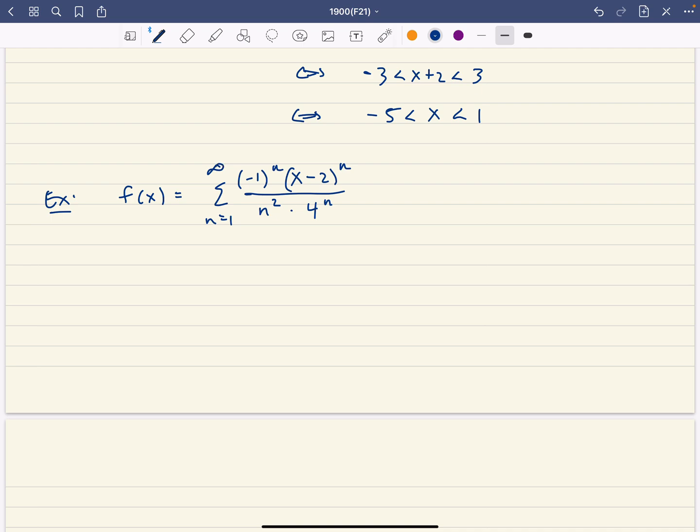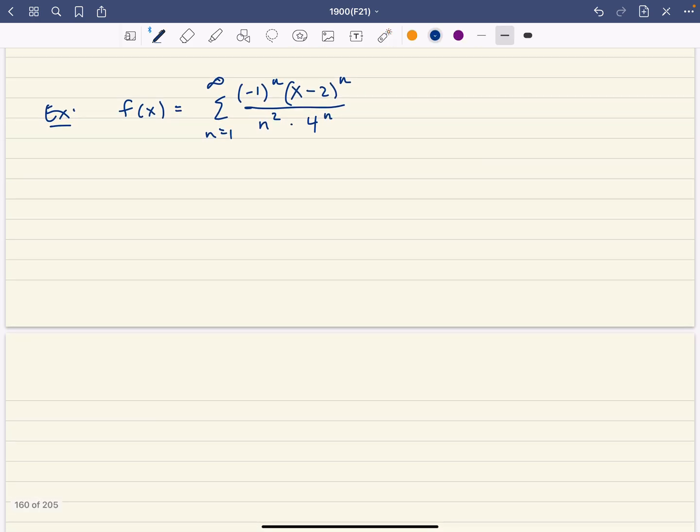I care less about what it converges to. This is not a pure geometric series anymore because of this n squared in the denominator. And that n squared, by the way, is also why the sum has to start at 1 and not 0. But what we can do in this case, when we want to find out what are the x values where this converges,